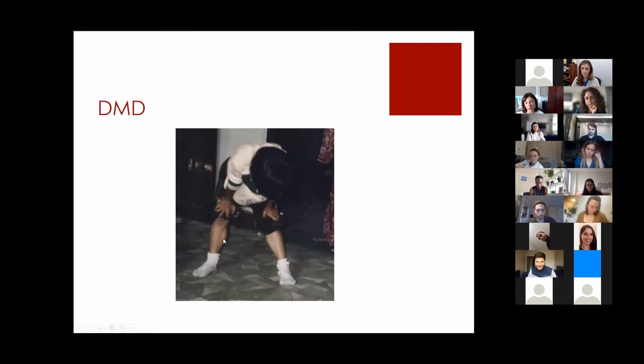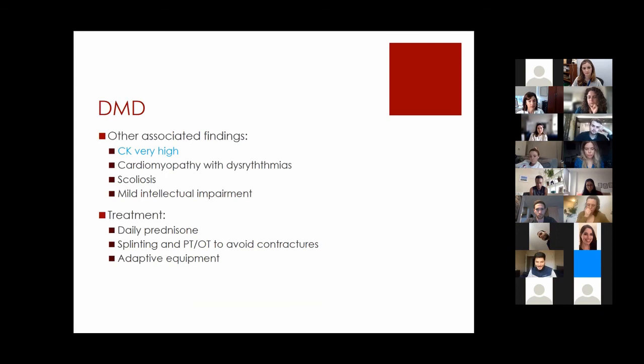You can see the calf pseudohypertrophy, and he's exhibiting what's called the Gower sign, which is he's too weak to stand up normally. So he's using his arms to brace himself and walk himself up to a standing position. You may also see an elevated CPK. You need to screen for other types of muscle involvement, such as the heart. They may have mild intellectual impairment. There's really no notable treatment, but there is maybe some benefit with prednisone, physical therapy,